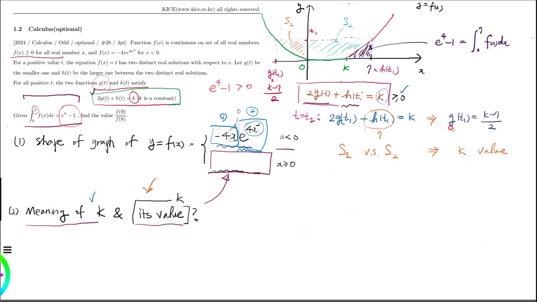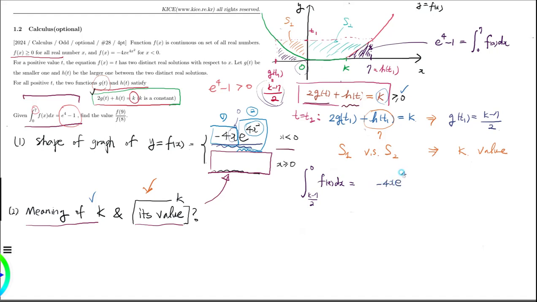Luckily enough, we can express the specific value of the area of this part here with respect to f of x, because we know its two ending points. The left ending point is k minus 7 over 2, the right ending point is 0. And luckily enough, for negative x, the function f has a simple